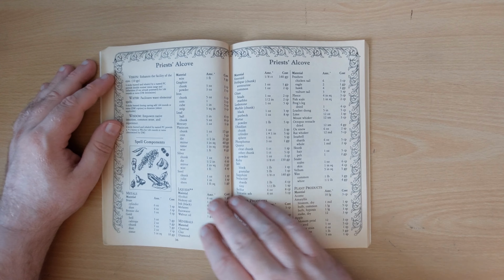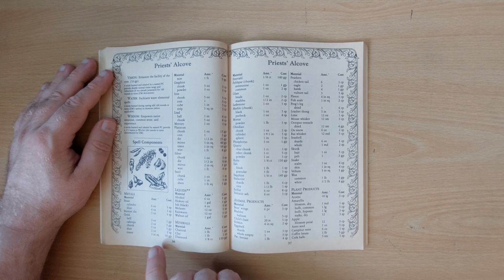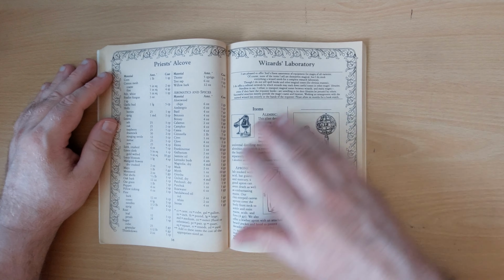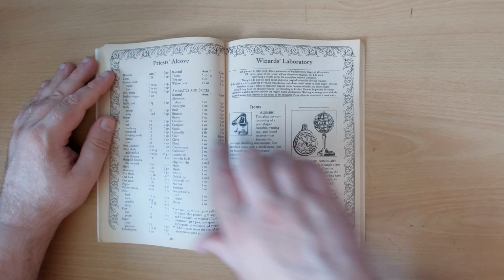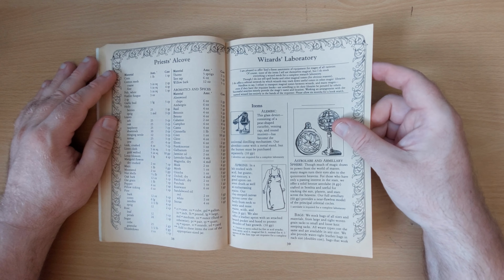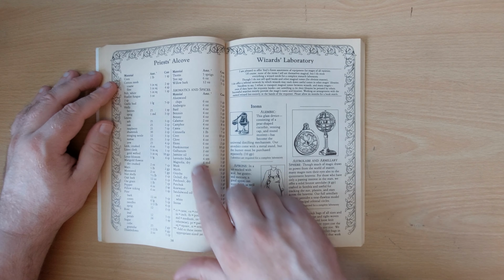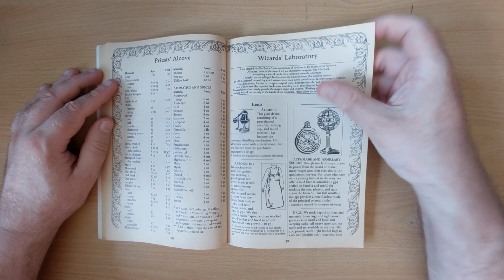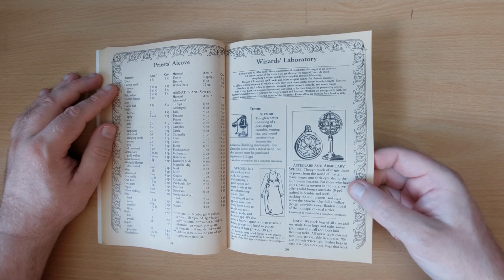Psionic ones, protection ones. They've got various stuff here, various materials for spell components, and the prices for them. Now, if you want to buy a chicken tail or an eagle tail, and the feathers. Got corn and cotton mesh and berries, all the ingredients they need for their spells. Aromatics and spices, so frankincense. Have they got myrrh? Yep, they've got frankincense and myrrh. Very Christmassy. Then we're on to the Wizard's Laboratory with astrolabes, aprons,